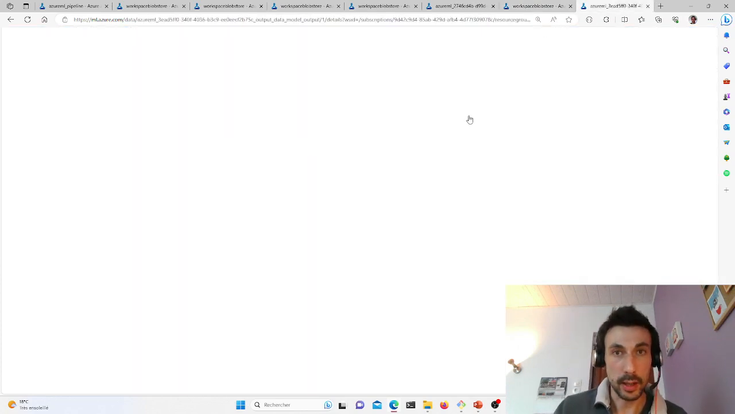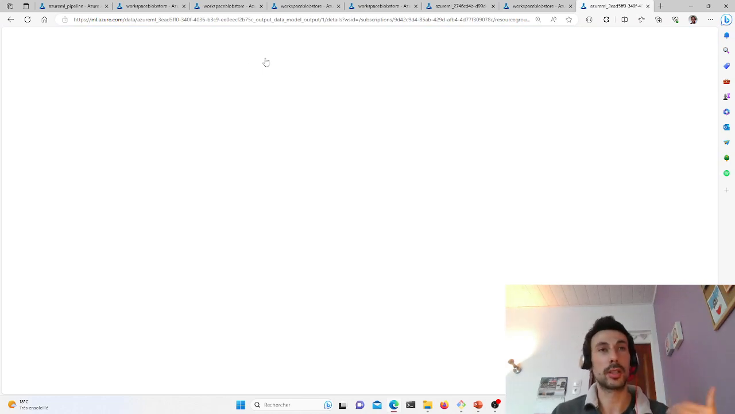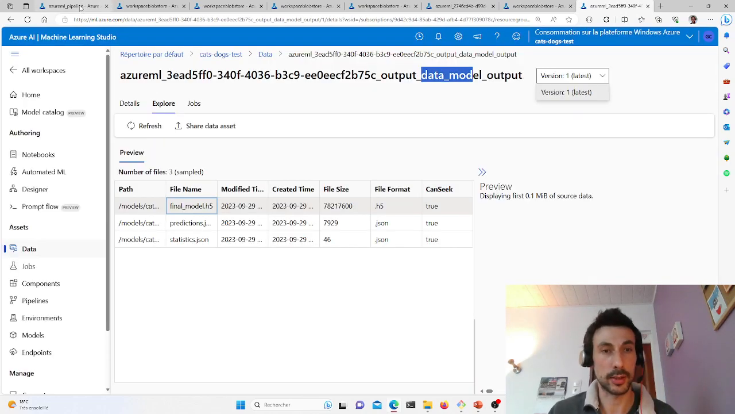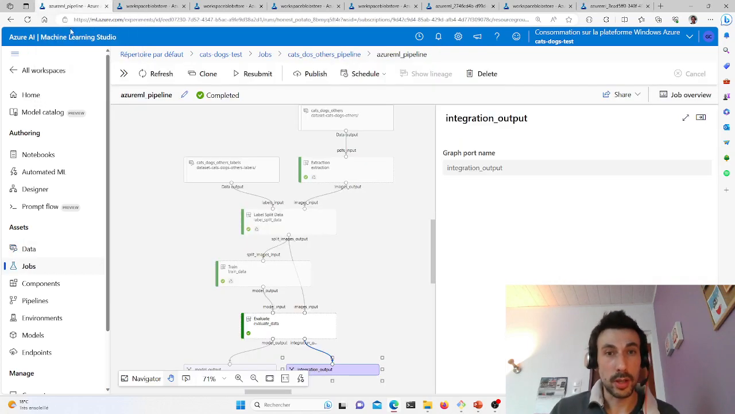And here's the last one. I don't have the internet anymore, but this is the model versioned in a data set. Here it is. And there you have it, a pipeline that's pretty simple with 4 steps, and that will allow us to train a model,